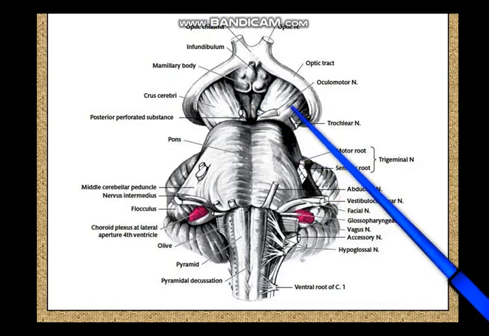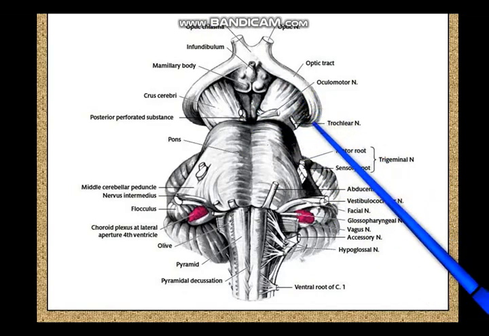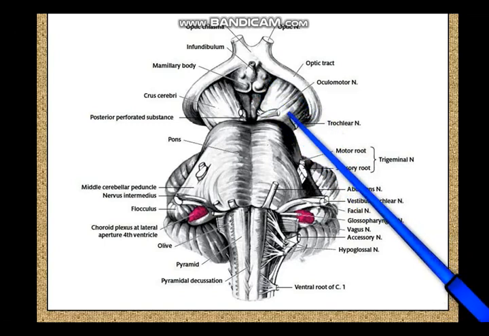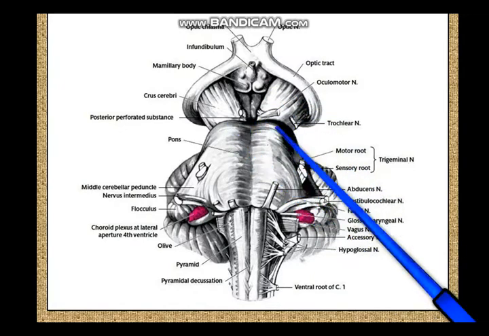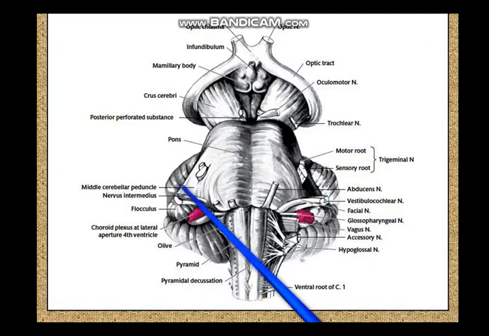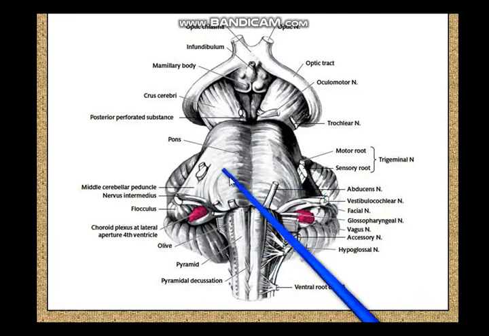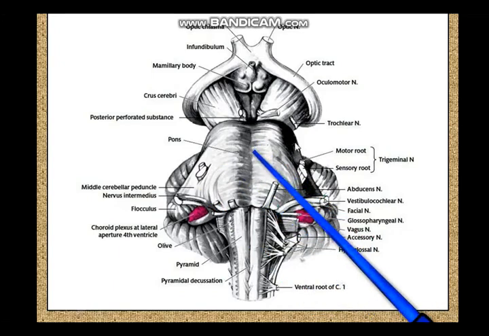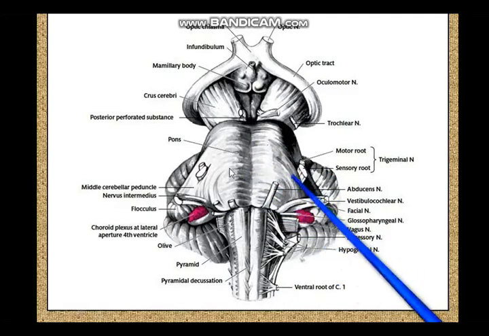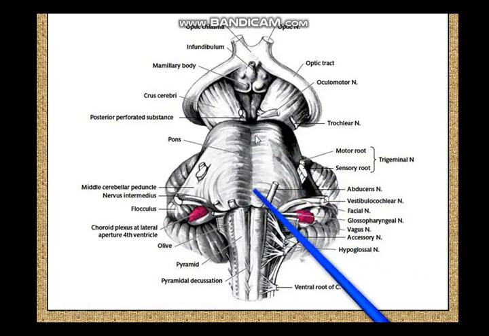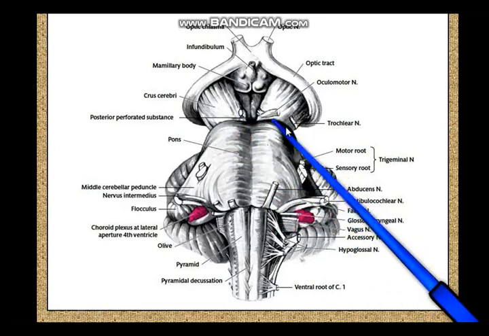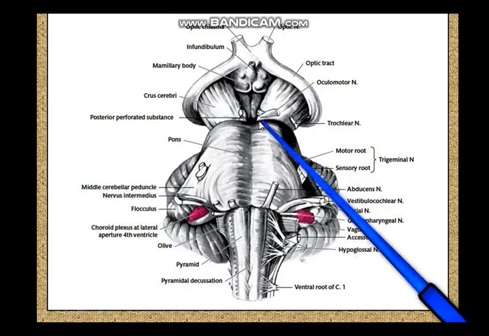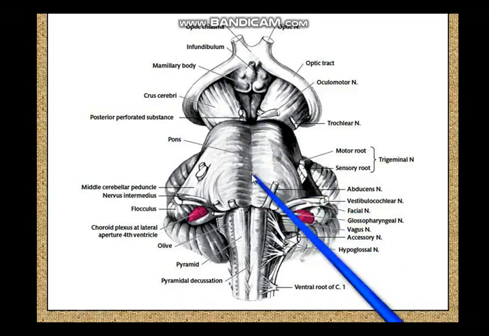Now this crus cerebri is crossed by the optic tract, it is crossed by the basal vein, and it is crossed by the posterior cerebral and superior cerebellar arteries. These are the structures crossing the crus cerebri. Then you come to the pons. This pons or the bridge across the brainstem is connected with the cerebellum. It has a central sulcus which is called the basilar sulcus, containing the basilar artery, and there are branches of the basilar artery coming out at the sides. So the basilar artery bifurcates over here into the posterior cerebral arteries. So basilar artery and basilar sulcus of the pons.